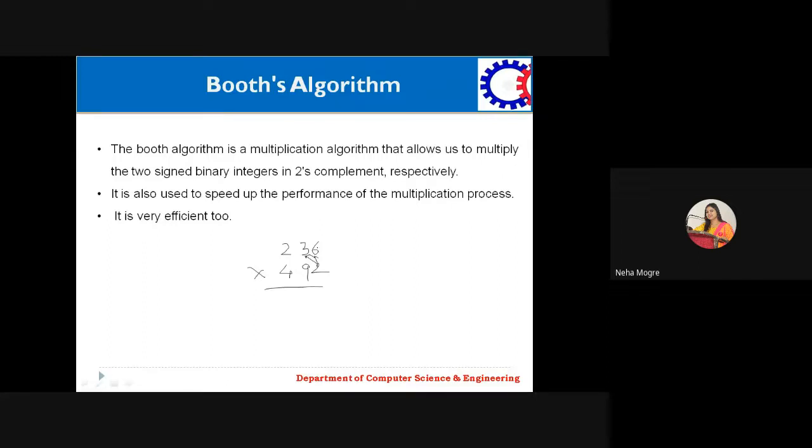But this process becomes somewhat easy because the steps are common, and it is not that difficult to remember those steps, and we can easily convert this particular number. If we perform this particular multiplication, it will be easy for a system to perform and give you the result in a sped-up manner, right? So it is very efficient because any big number can be multiplied.